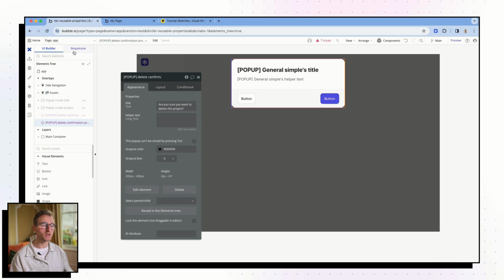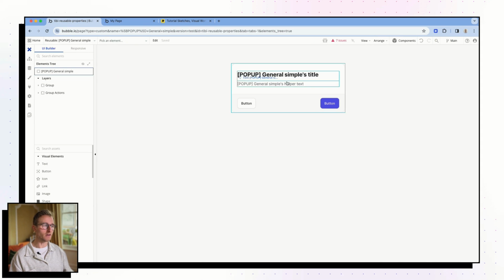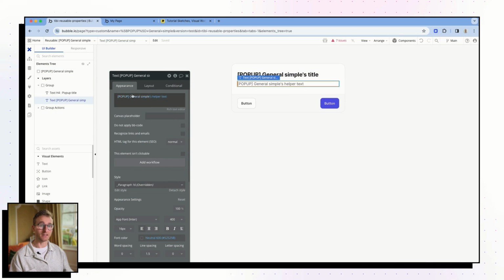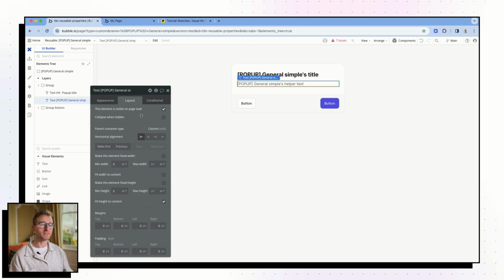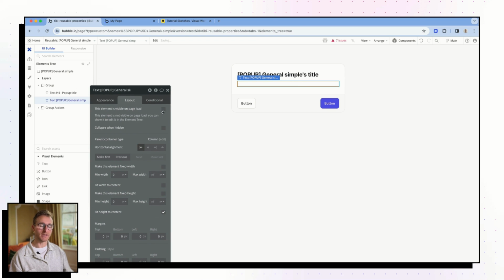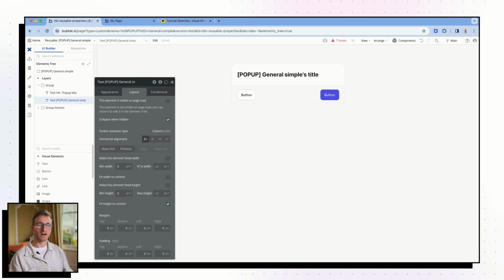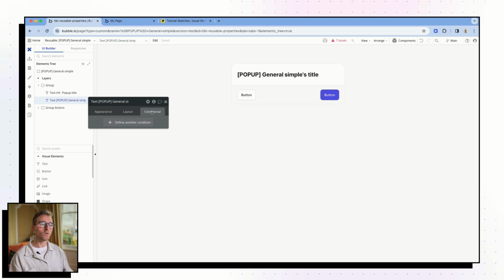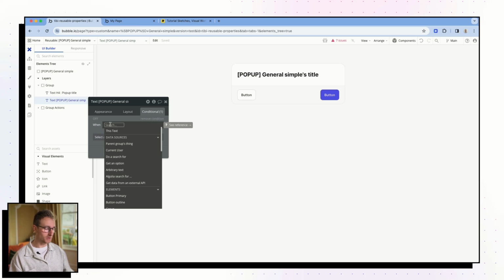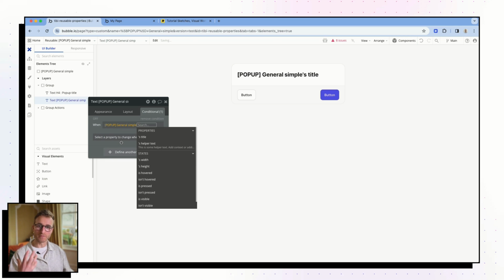So this is a common practice with these kind of elements: this helper text element, the text element itself, I can configure this to not be visible on page load by default. I want to say that when it's not visible, we want to collapse it. Okay, so it's going to collapse the space that it would otherwise inhabit. And then we don't have to worry about any of its height settings whatsoever. And then all I'm going to do is add a condition under which it should be visible, right? And that condition can be anchored onto whether or not we actually have an input value for the helper text property present or not, right?